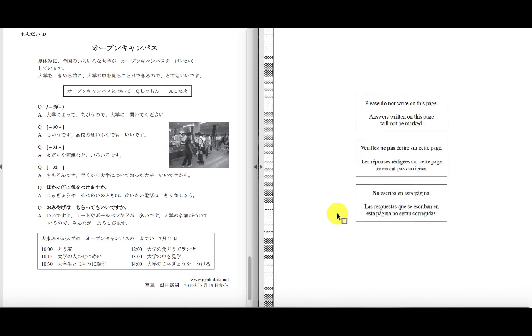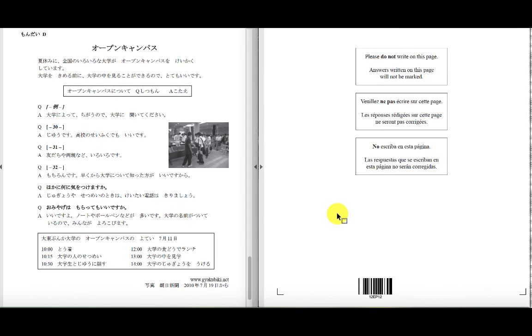And that is the end of your test. 頑張ってください。